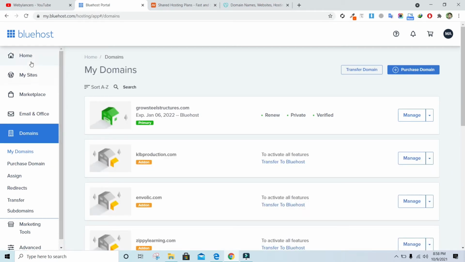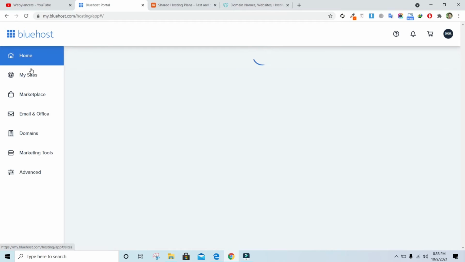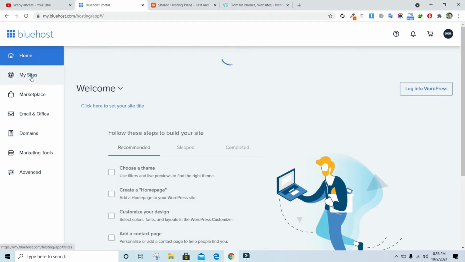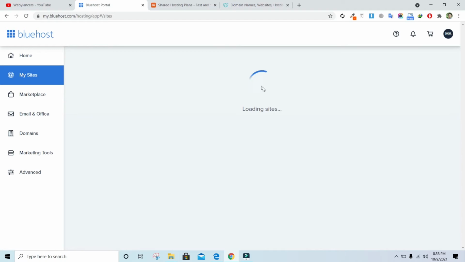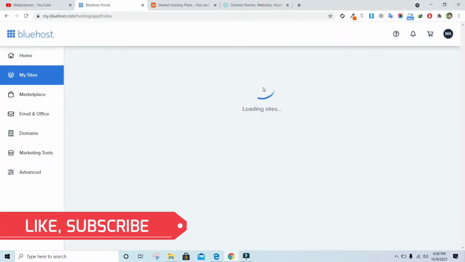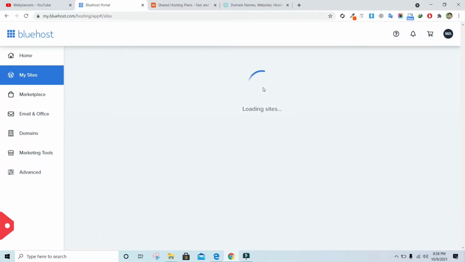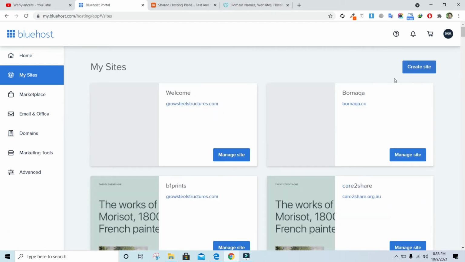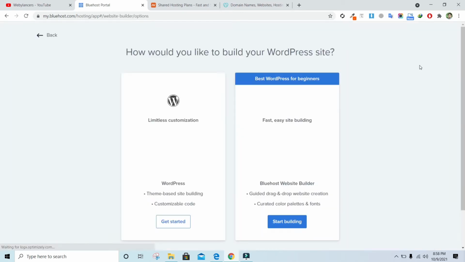If you want to install a website as a new site, you need to go to the My Sites tab and click on create site.